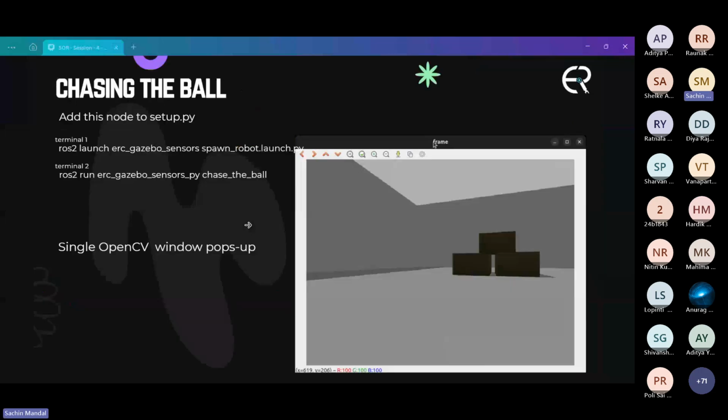And then finally add a spinning thread to continuously update the frame data and send that to the image callback. After this, we are set to run our OpenCV window. Now we can only see what the image topic is publishing. So we have to add some more changes to process that red ball and show the detection in the OpenCV window.